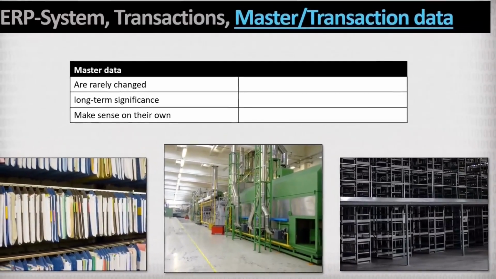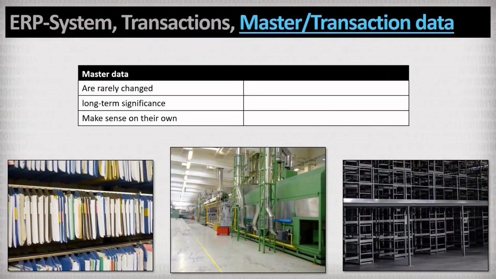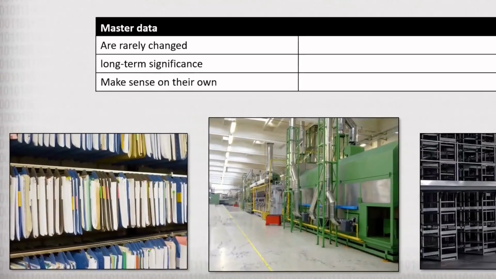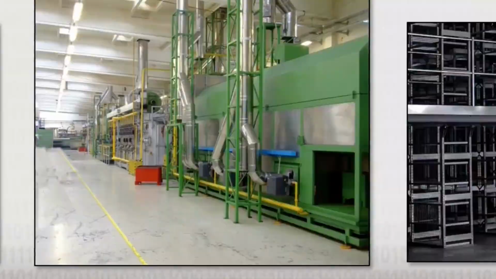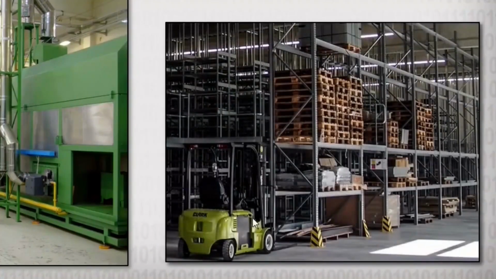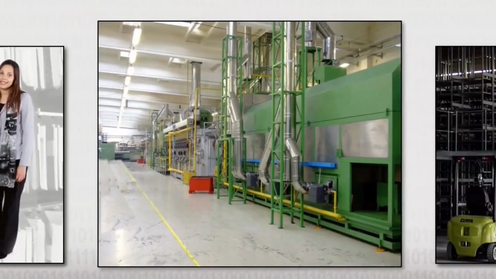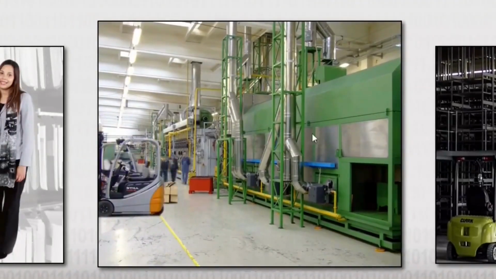Thus, we could say this kind of data brings our company to life. This can be, for example, the working hours that employees are clocked in, or inventory data that describes what is currently stored on the storage bins in the warehouse, or the times in which machines are used and certain work